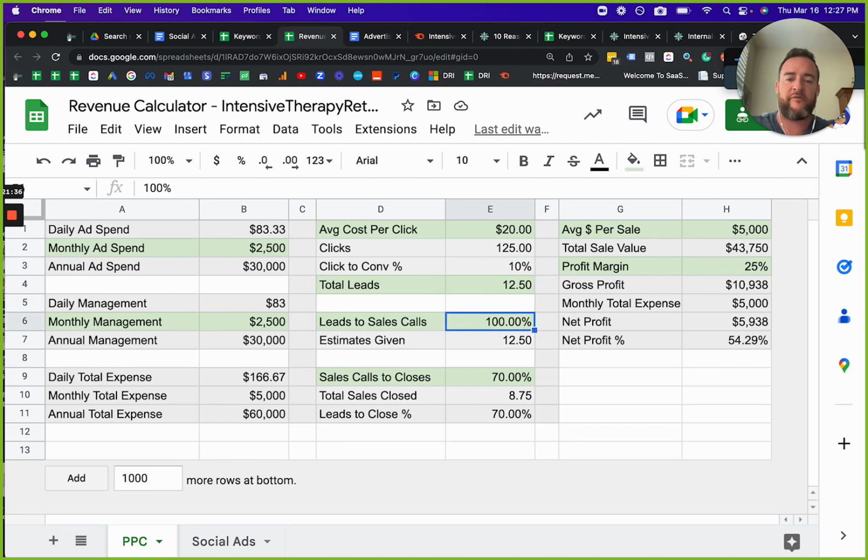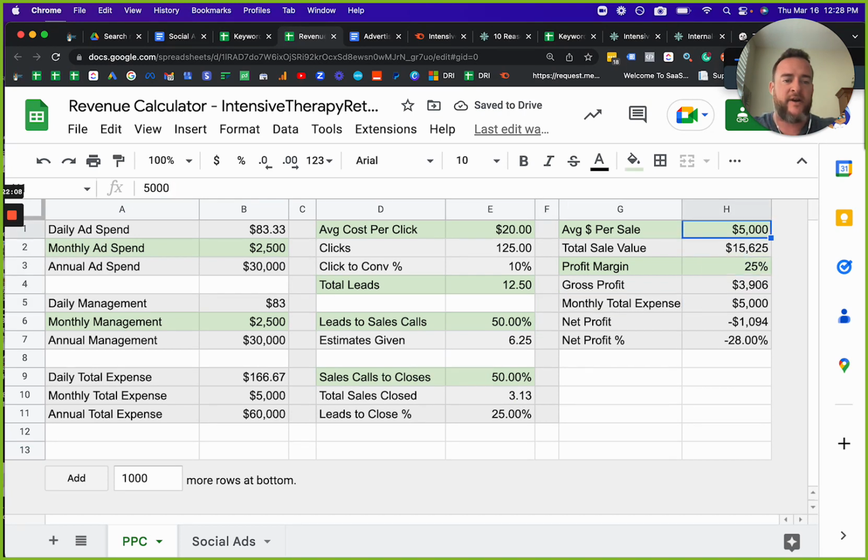Now, out of those people who fill out that form or place that call, how many people do you end up giving a quote to? Well, if you already have dollar amounts on the page, effectively they've already been given a quote. So then you're looking at directly to sales calls to close. So for the sake of doing, again, worst case scenario, let's just say that everyone who fills out the form or calls, only 50% you get in touch with on the phone, right? And then sales calls to close, let's say only 50% of them actually turn into customers.